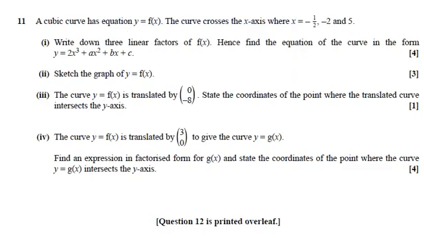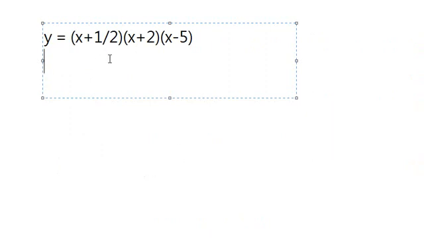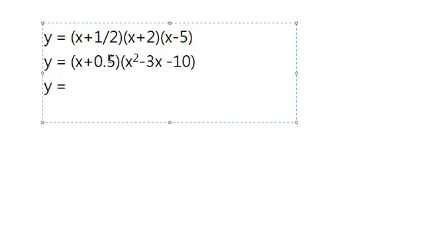Now you need to write down the equation, which you need to expand, which is always a joy. Okay, so x plus a half, 0.5, I'll write. And let's expand the back side to x squared minus 5 plus 2 is minus 3x. Then minus 5 times plus 2 is minus 10. And now you do x cubed minus 3x squared